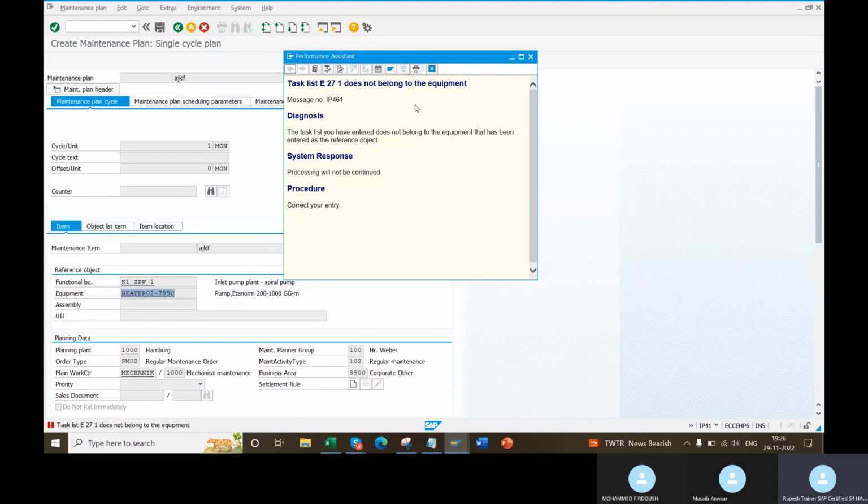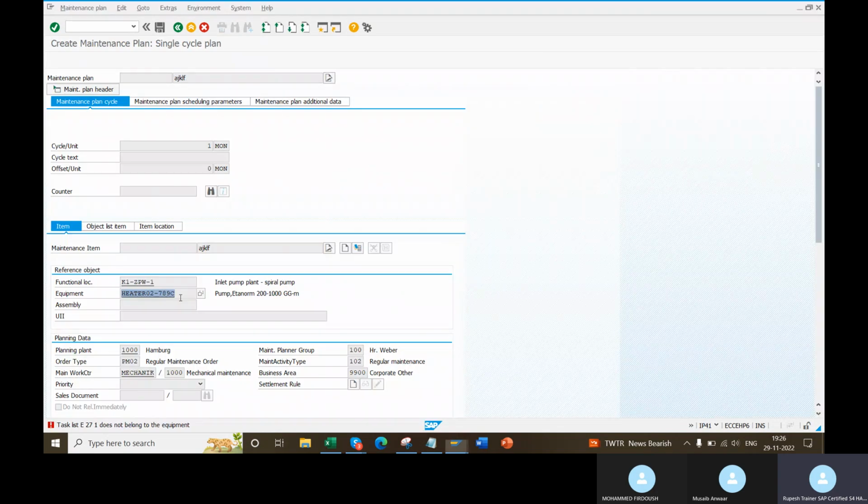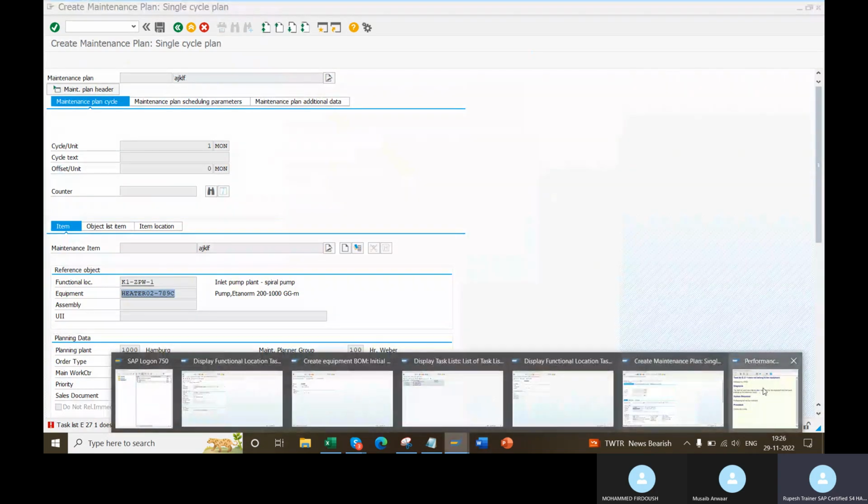Even if you try, you cannot use it for other equipment. Clear? Equipment task list or FL is also the same. That task list can be used only for that particular equipment, particular FL. Even if you try, the system will not allow. That is general.